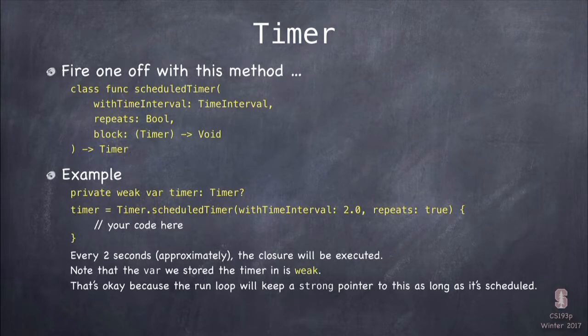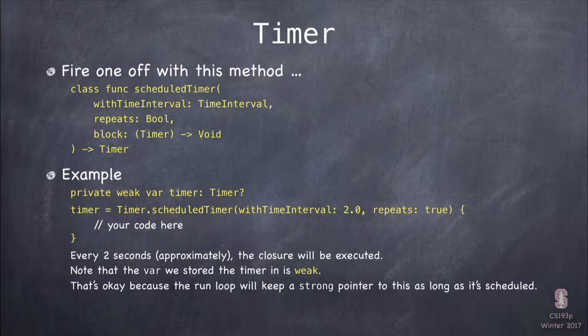Now, you can create timers by instantiating them, but then you've got to put them on a run loop and all that. So there's really this one method, this class method you're going to use in timer. And what this one method does is it takes a block of code, a closure, and it takes when you want to execute it sometime in the future and whether you want to keep repeating executing it. And it goes and does that. It puts the thing on the run loop to make sure that it executes that block of code with that interval. Really couldn't be simpler. It's a very, very simple and powerful API right there.